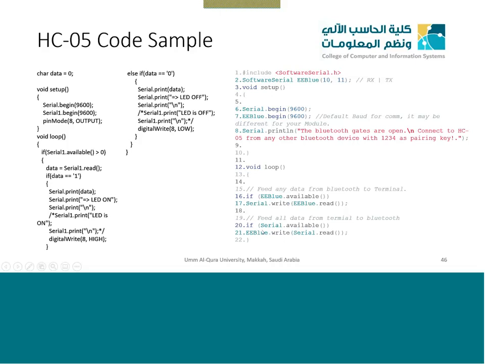So in these two examples, basically what we are doing is we are receiving some data from the serial port of the computer, the user, or some application, maybe an Android application. It will send the data, and then we will receive that data and write it back to the terminal from where the data came. So it is like an echo test or something like that. But the basic idea is to show you that the code is not very complex. You just have the basic thing, the send and receive, and between that you can perform your operation.